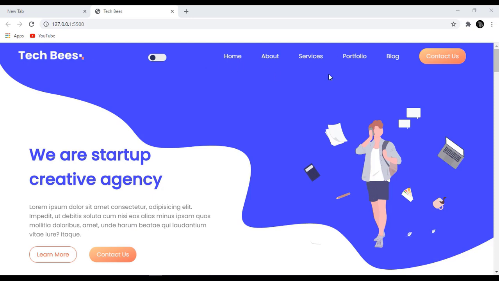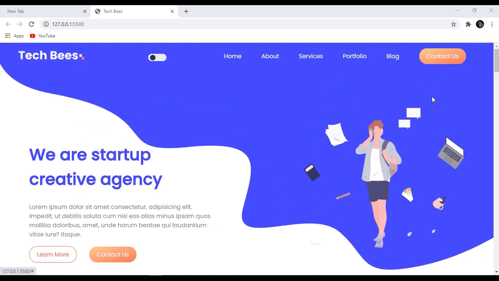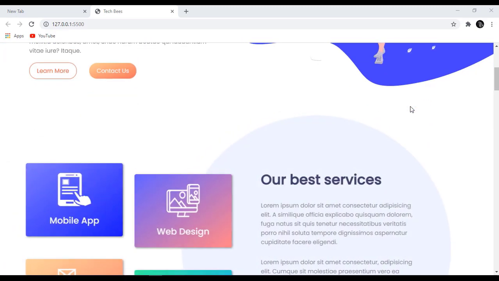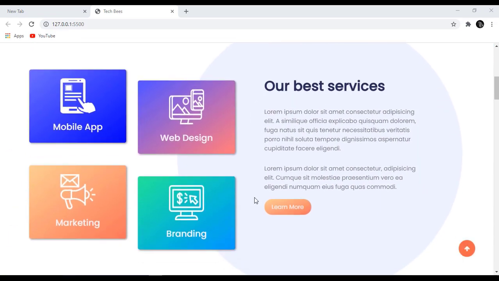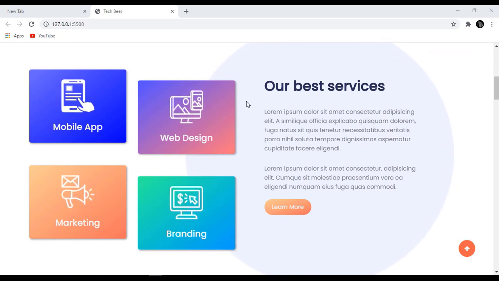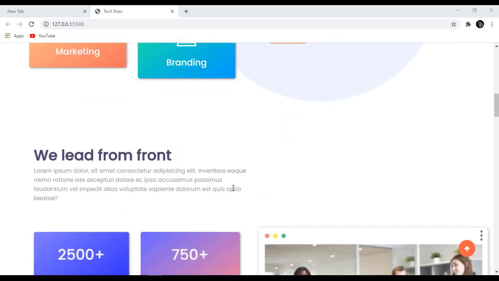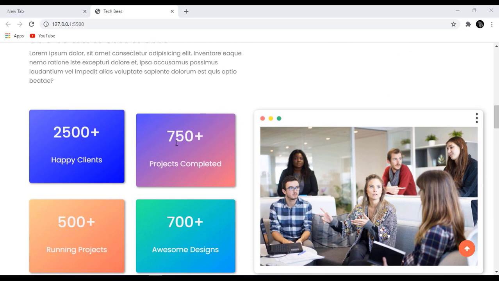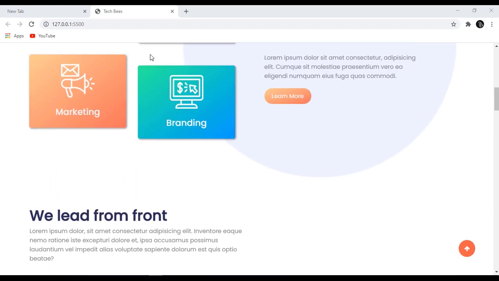We have this beautiful navigation menu here and our header section with two buttons, and here a contact us button. After that you can see this section is nicely animating to the right side, and you can see these icons and this big circle animating, scaling up and down, and this section animating to the left side, and you can see these boxes with a beautiful hover effect and these gradient colors for these boxes and these boxes,